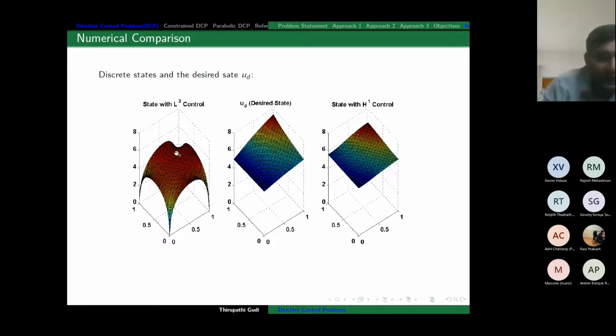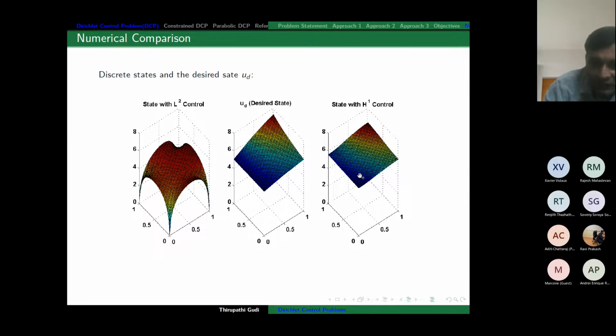As I was saying, if you use the L2 control, the first approach, there are problems at the corners, because the control is equal to the normal derivative of the adjoint state, which has a zero boundary condition. So that somehow forces the corners like this. If this u_d is a desired state, it doesn't vanish at the corner, but you see that the state is doing this, which is not